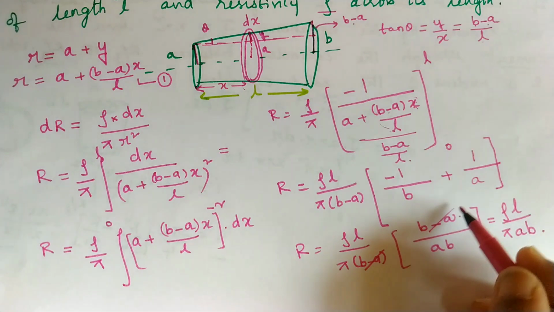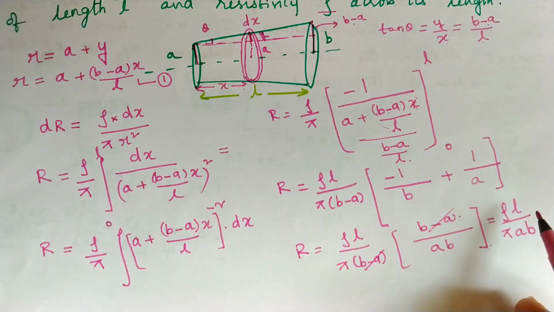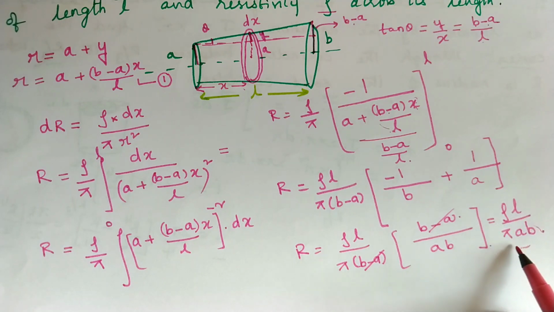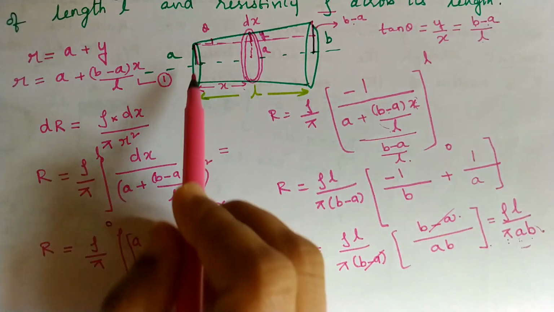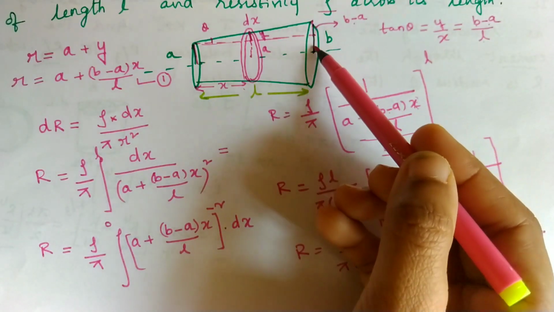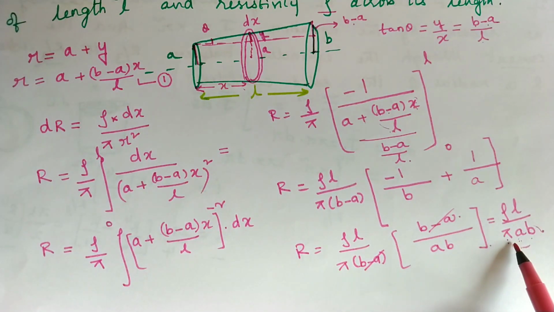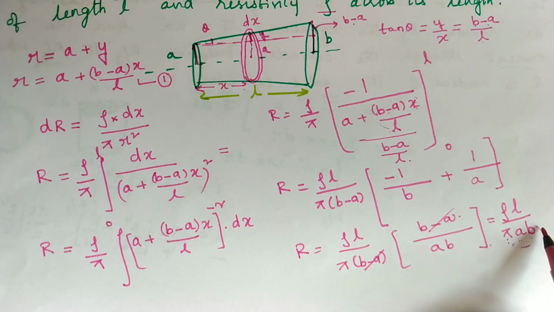Now when this question comes in an objective exam, remember the answer is rho L by, observe the area. We know the area of cross section of a cylinder should be pi r square. But instead of r square, it is coming as pi r1 r2, the radius of one side and the radius of the other side. I repeat, it is similar to rho L by pi r square, but r square is split as r1 and r2. So this gives you the resistance of a truncated cylinder.